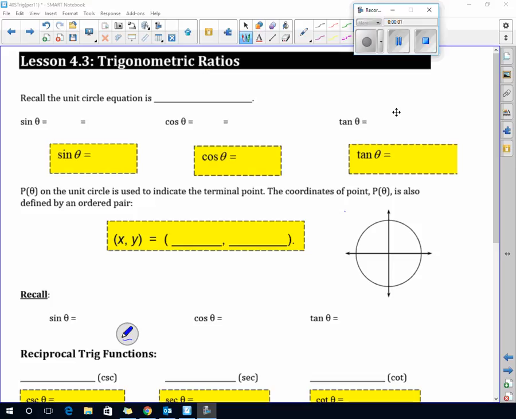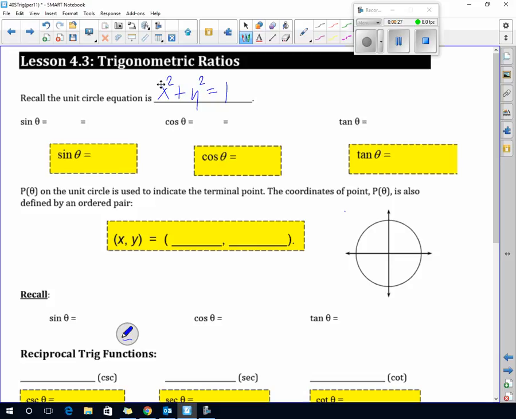We're going to add 3 more trig ratios. It's exciting. What's the unit circle equation again? x squared plus y squared equals 1. And x sine theta is equal to,